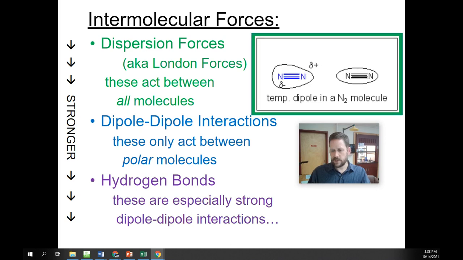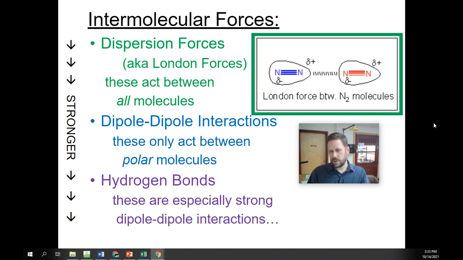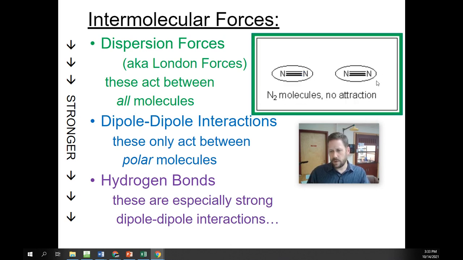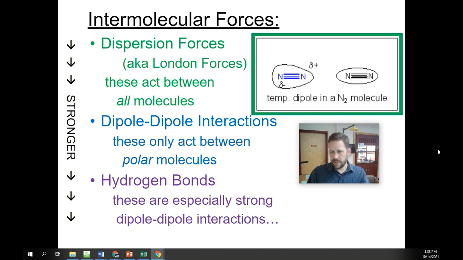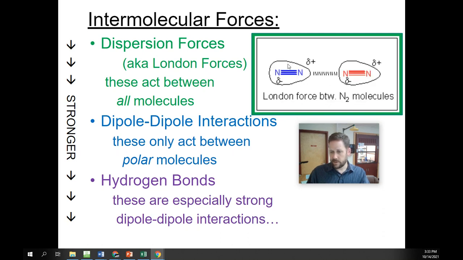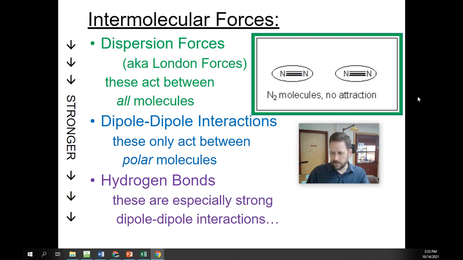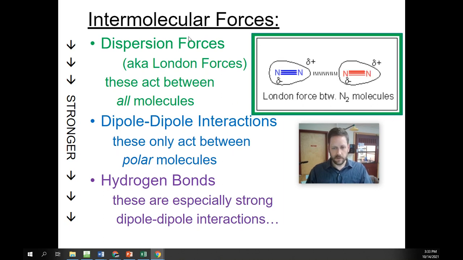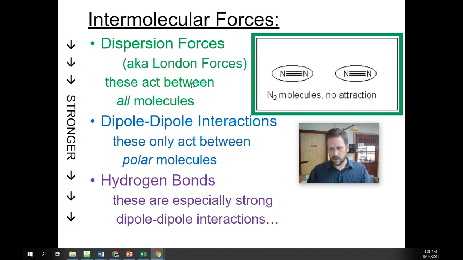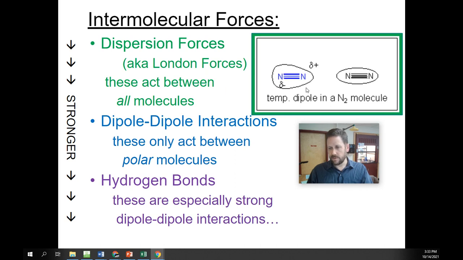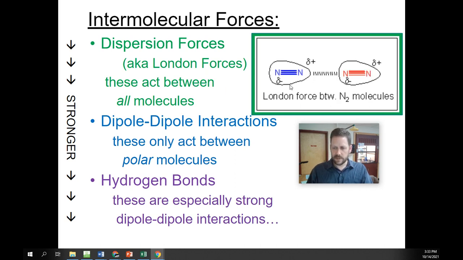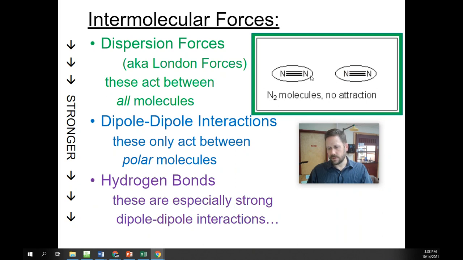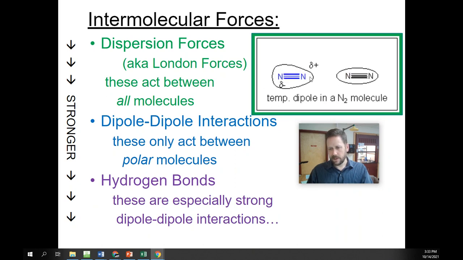There's another animation you may remember that's shown here, which starts with two nonpolar molecules, N2. One of them has a temporary fluctuation, which induces a fluctuation in the adjacent molecule. And that's the basis for the intermolecular force called a London dispersion force. The electrons are dispersed around the electron cloud. Now, if one of them experiences this temporary dipole, which you can see this animation keeps cycling, but there's the